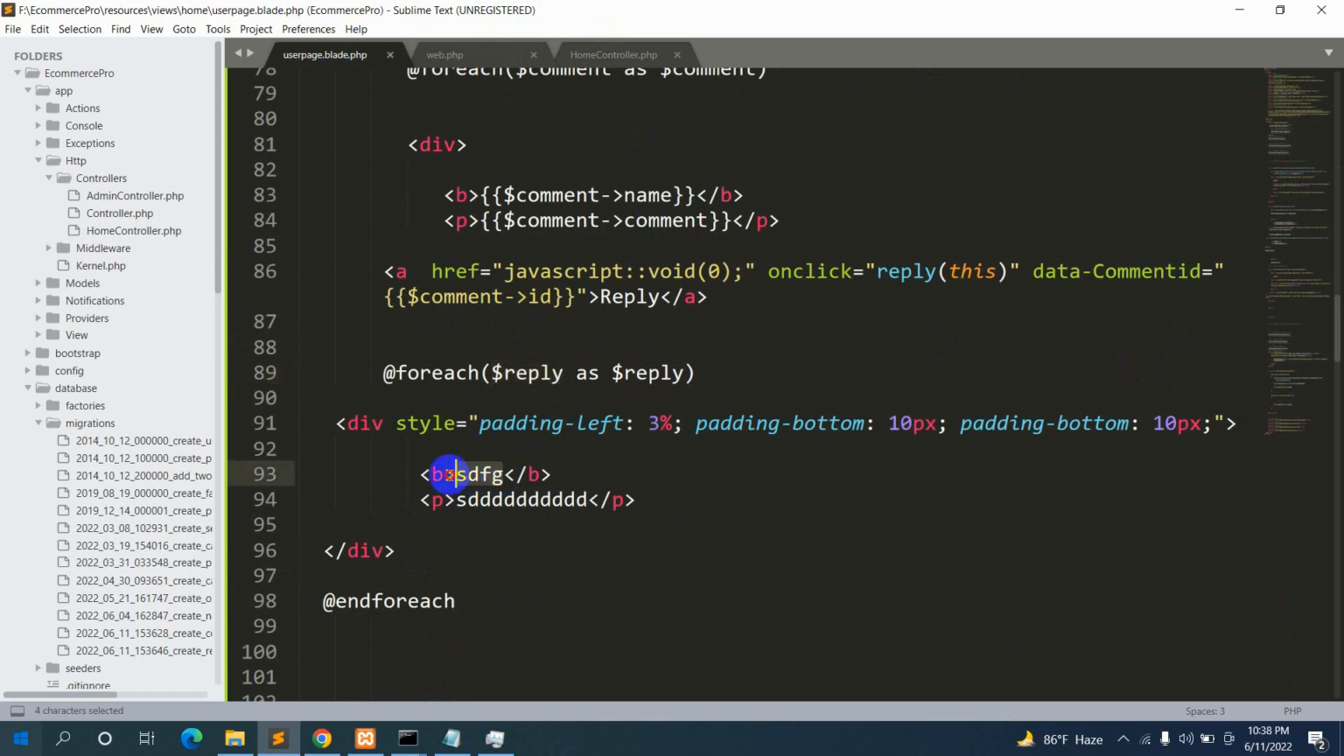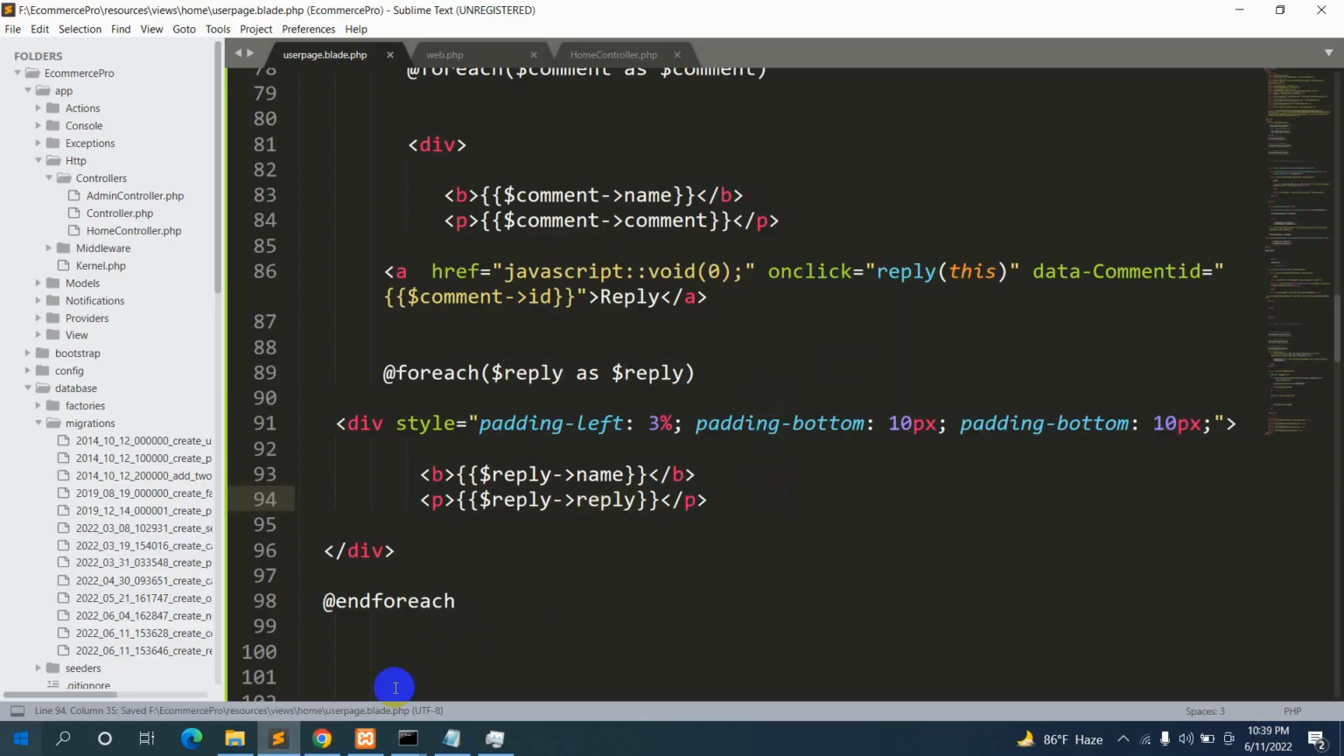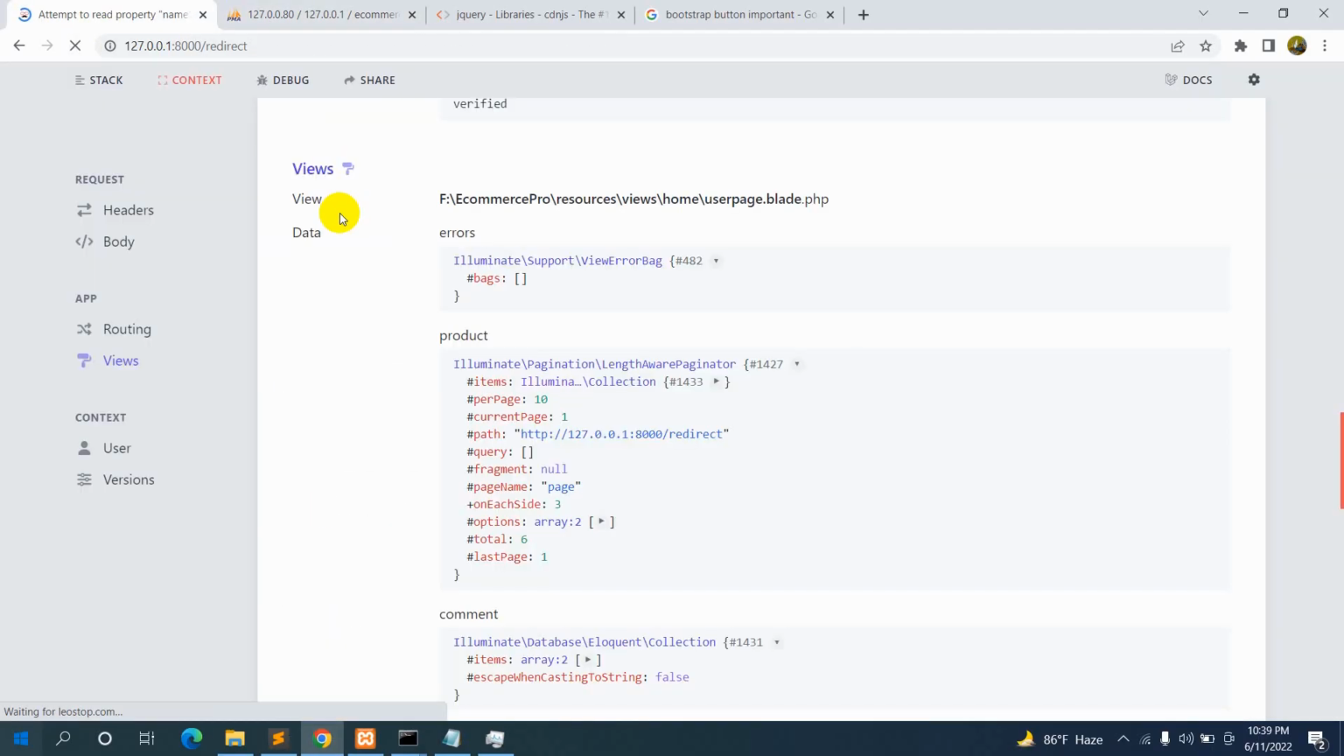Inside this we are going to give double curly brackets, and we are going to say here $reply, this arrow sign will get the name and will get the reply. Okay, $reply, not reply. Here we'll say $reply arrow reply, and this name and this reply will come from the reply table. Here you can see we have the name and the reply. So currently if we save it now and then refresh,